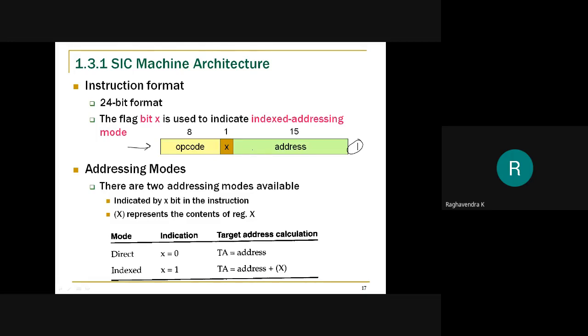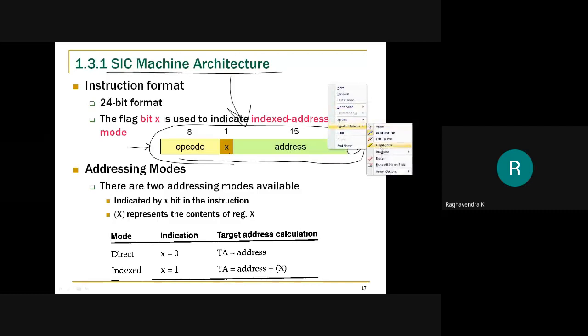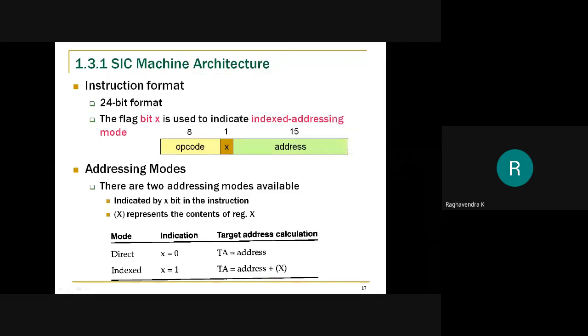But if you want it to be clear, then you are supposed to get it on a hard copy, or in other words, on a letter. So that's the only way. Just like that, here also, if you want this machine to do something for you, then you have to instruct it in this particular way, using this particular instruction format.